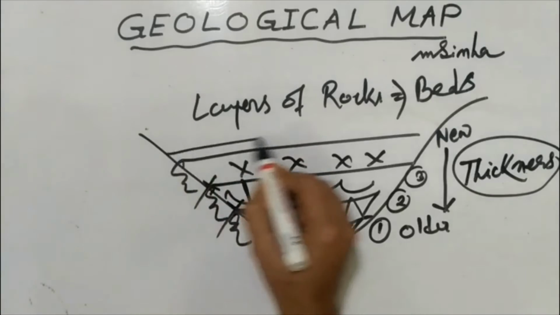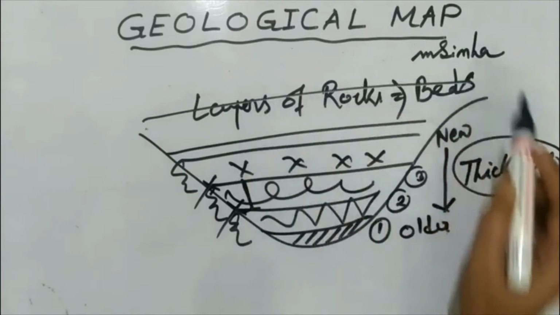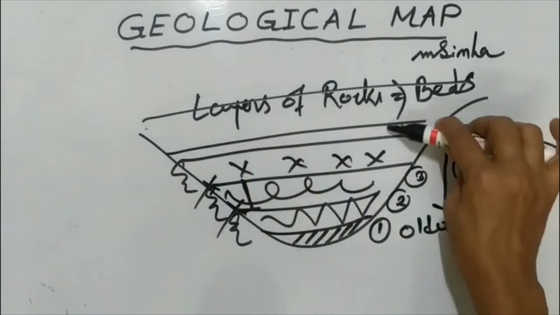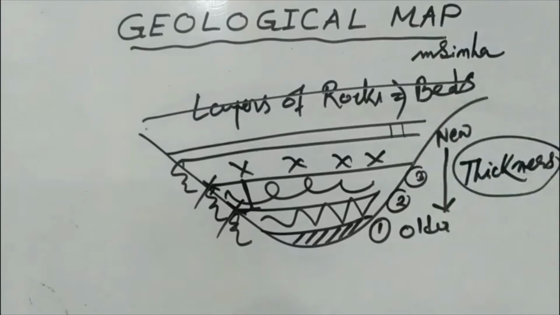Maybe this is a thin layer of bed, and this may be a thick layer of bed. This is the thickness. Thickness is the width between the upper layer and the lower layer of the boundary. And another thing is that